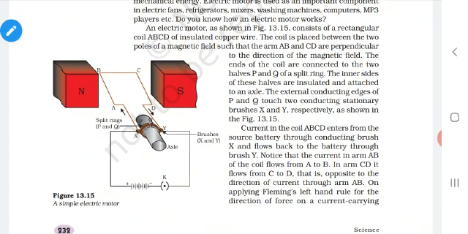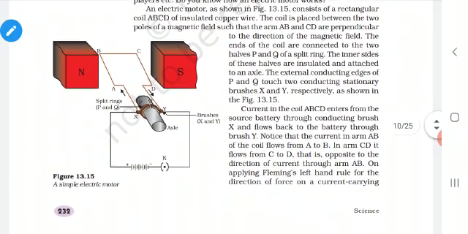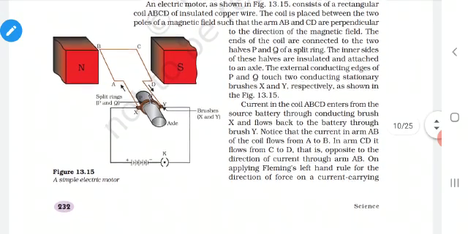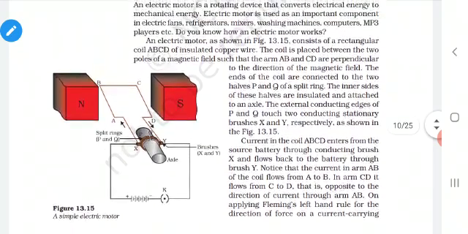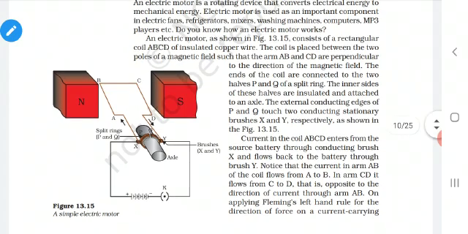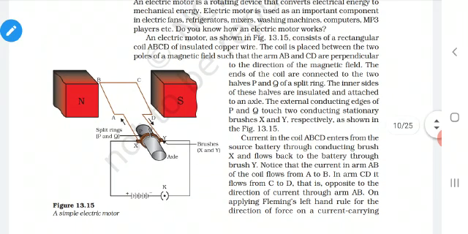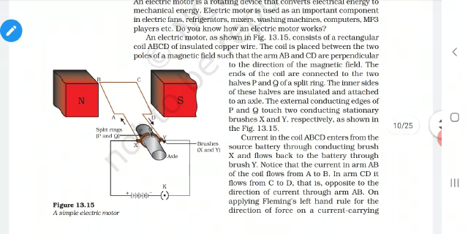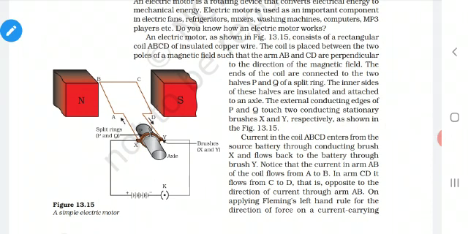previous class. In the previous activity, that is activity 13.7, we have seen that when the conductor is placed in a magnetic field, it experiences a force. When the current is passed on, it experiences the force. So what happens when the current is passed on? The conductor was pushed either in the forward direction or the backward direction, isn't it? That is what we have seen in the previous class, in the previous video.